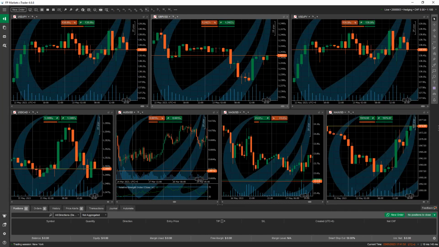So other than these smart stop outs, you will have access to a range of options at this point at the upper part of the panel. Positions, orders, history, price alerts. So these are transactions, journal, and automate. I'm sure most of these are self-explanatory, but